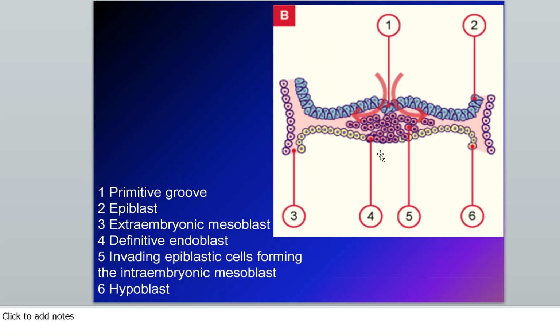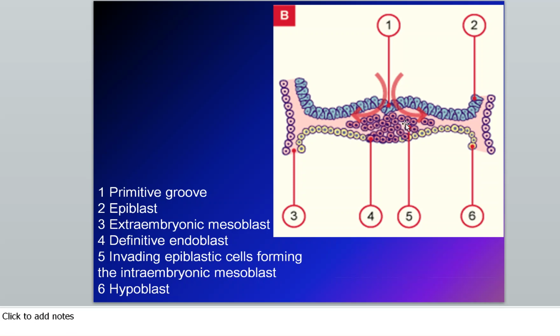First of all, the cells that migrate through the primitive streak displace the hypoblast and create the embryonic endoderm here. Number 4, the definitive endoderm. The second wave of epiblast cells that migrate through the streak makes a new layer between the new endoderm and the epiblast cells. Here, these cells are called the intraembryonic